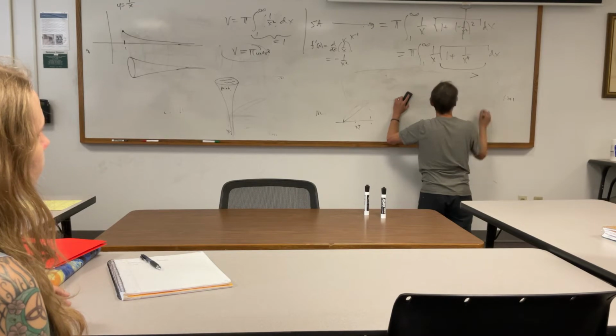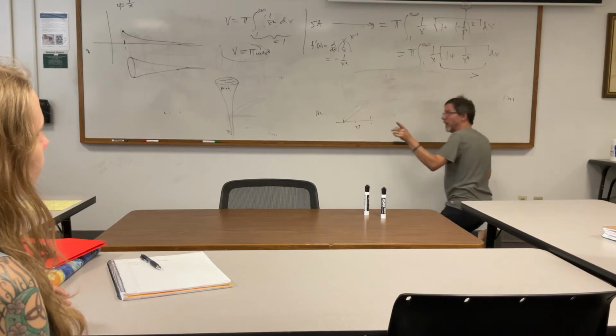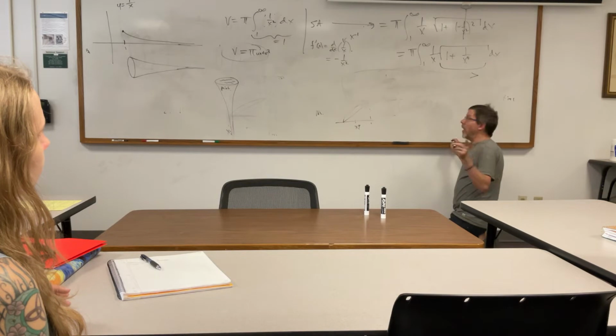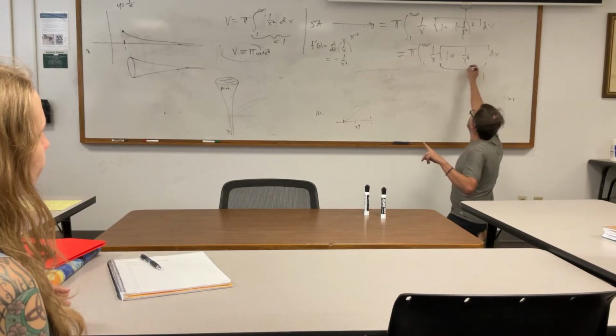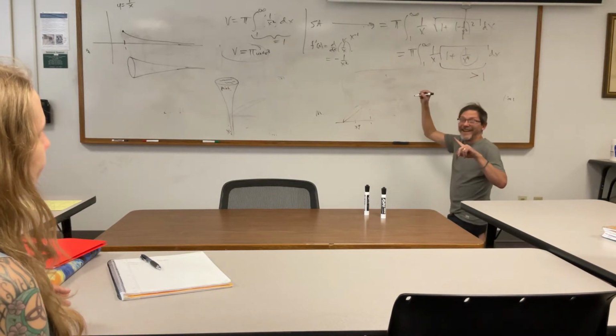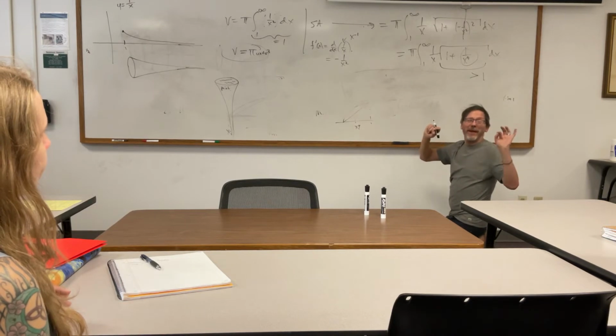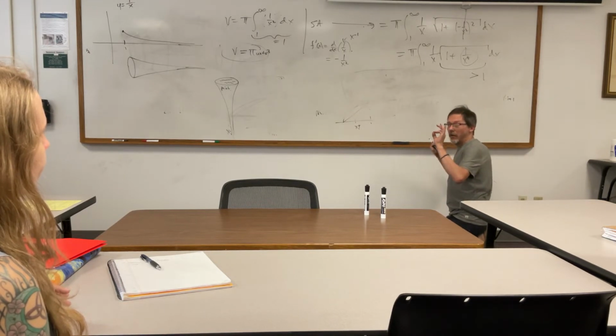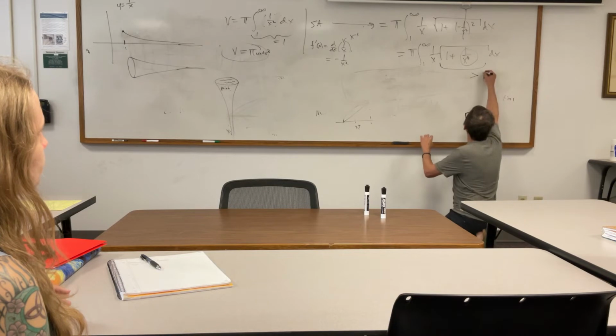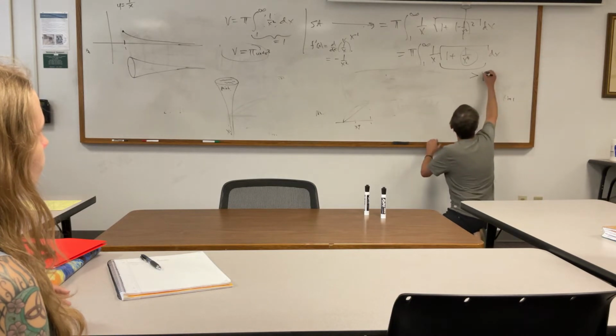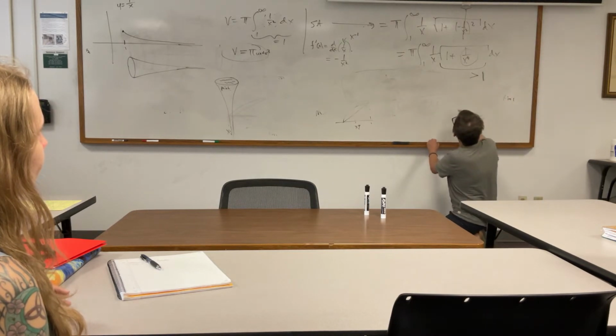Greater than 0 for sure. Is there a higher number? Agreed. 1. It's always greater than 1 because this is a positive number, right? So it's always a little bit bigger than the square root of 1. So this is bigger, it certainly is bigger than 0, but even more precisely, it's bigger than 1. So this integral